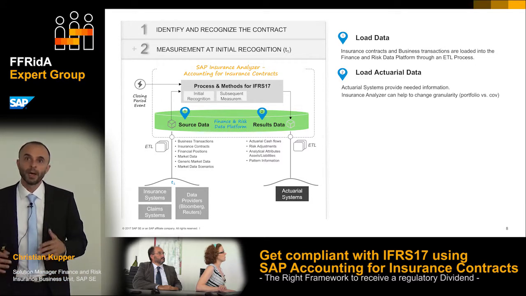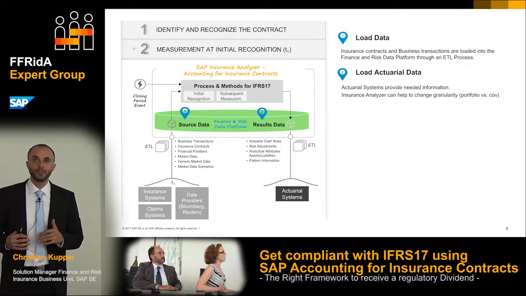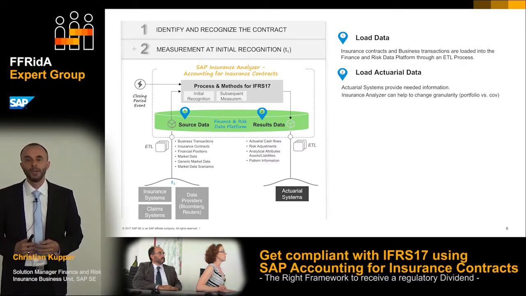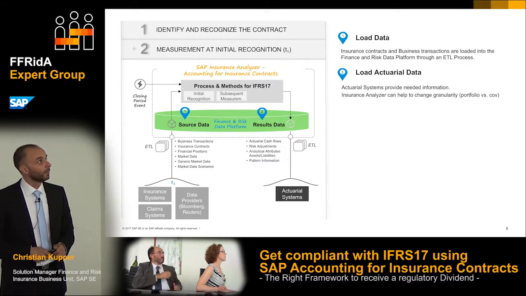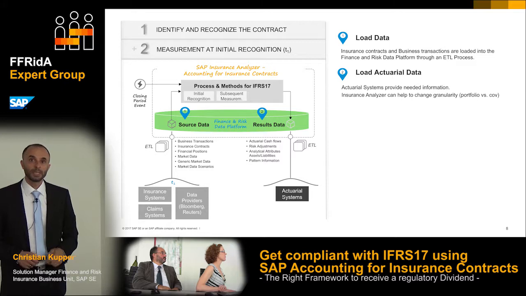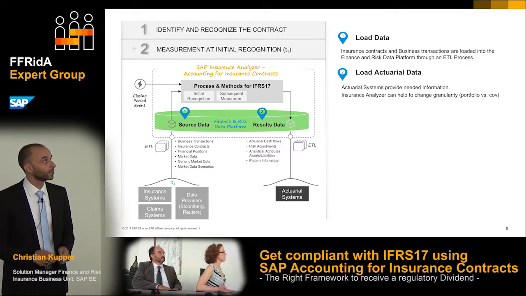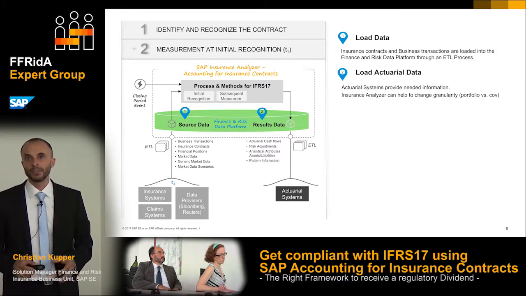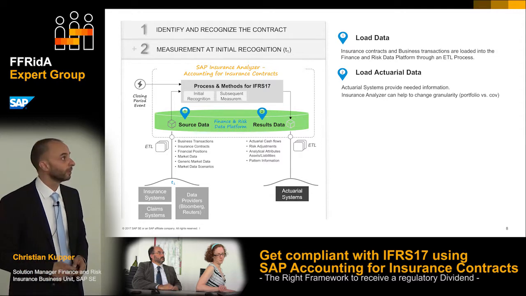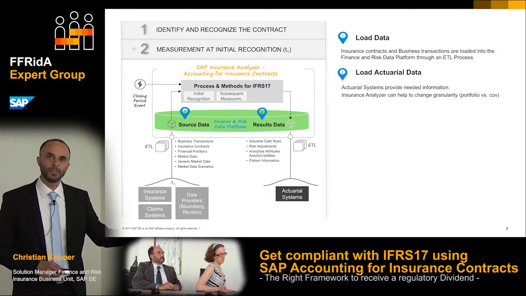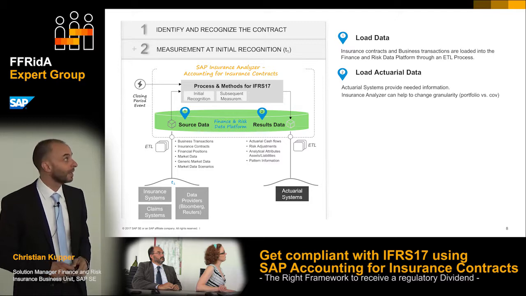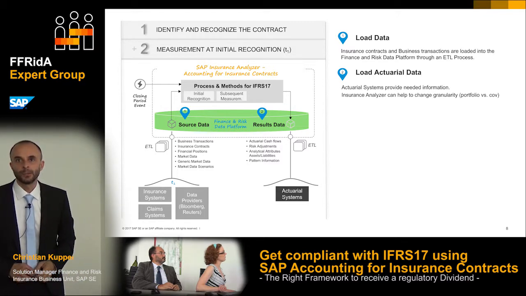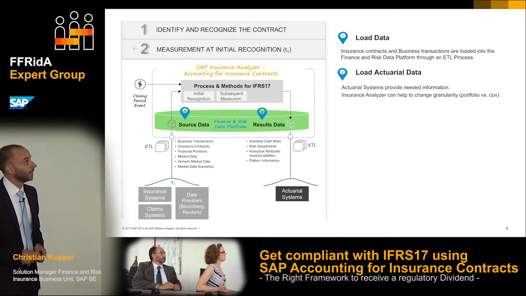The second step, now we need all the actuarial data in. So basically from an actuarial tool like FIS Profit, for instance, we would receive the cash flows that can be on portfolio level or even contract or coverage level, depending on how you're calculating your things. It depends from geography to geography, we found out. So we store all these cash flows. They get their timestamp, and now we have everything in the green layer to process the contracts.